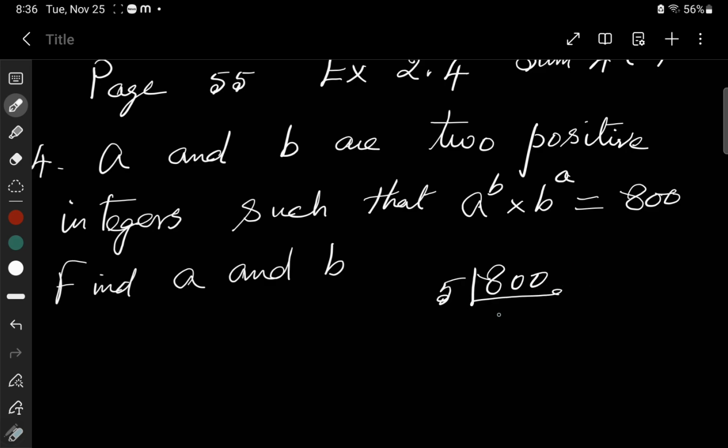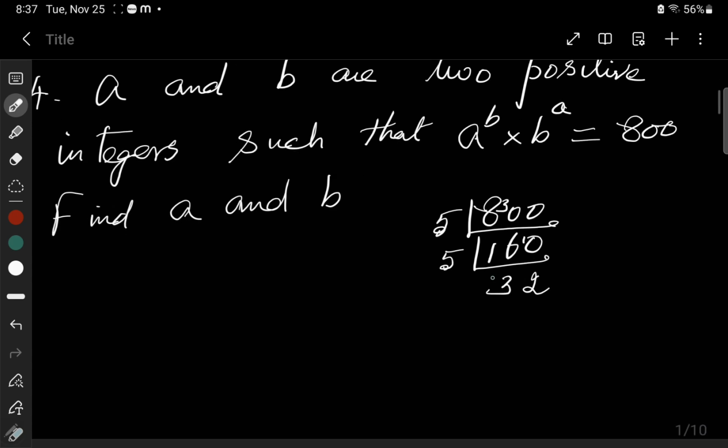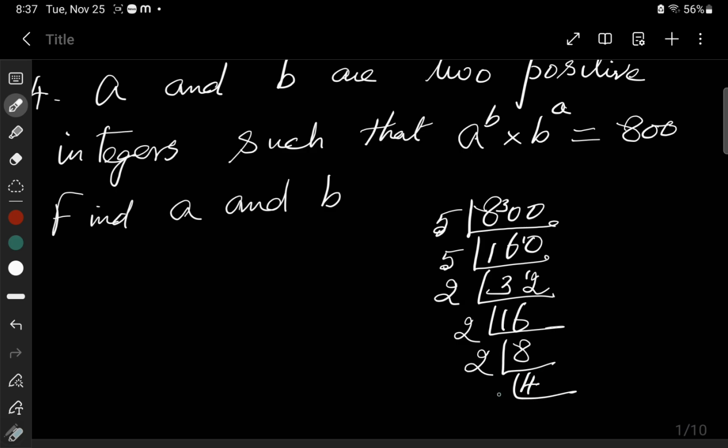You divide by 5. 1 5s are 5, remainder 3, carry over 3. 6 5s are 30, 0. You divide again by 5. 3 5s are 15, carry over 1. 2 5s are 10. So even number, divide by 2. 1 2s are 2, remainder 1. 6 2s are 12. 8 2s are 16. 4 2s are 8. 2 2s are 4. 2 1s are 2. 1. So 800 can be factorized as